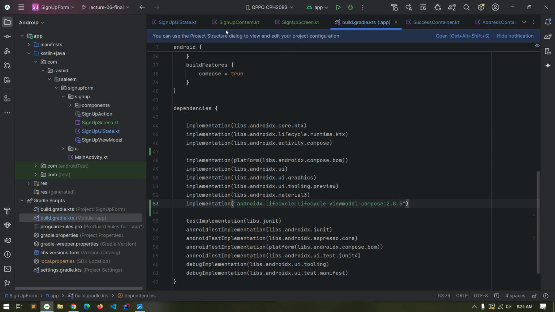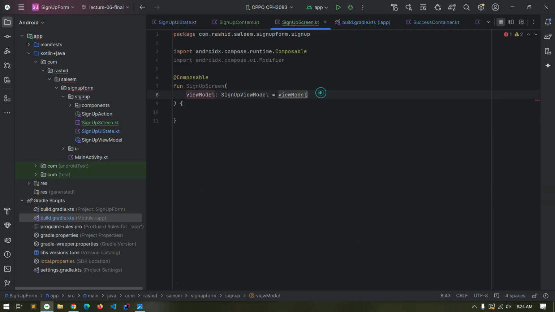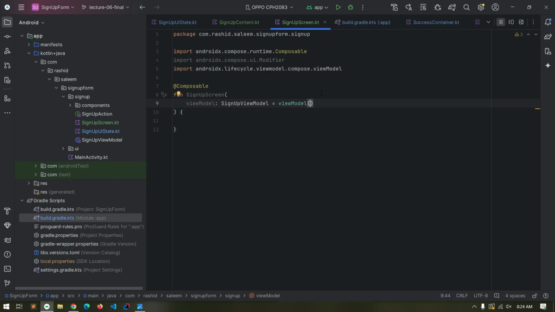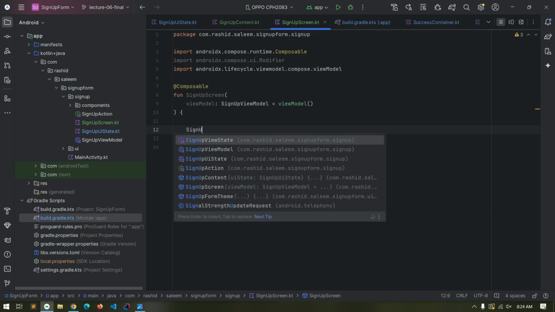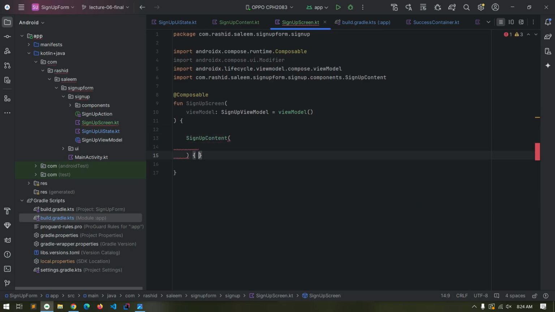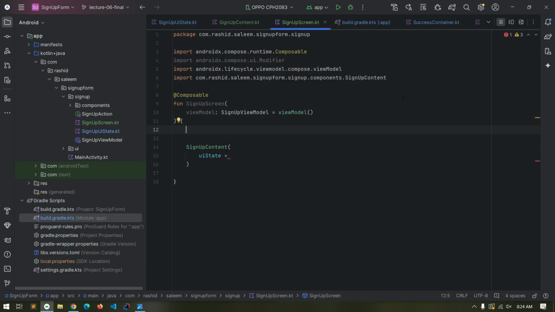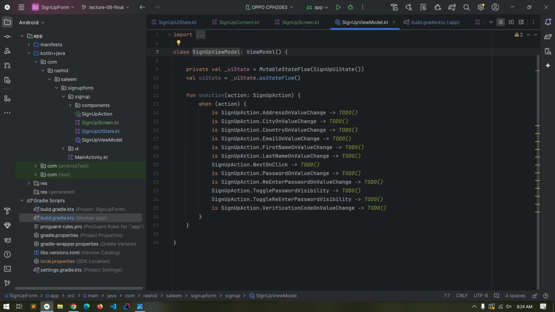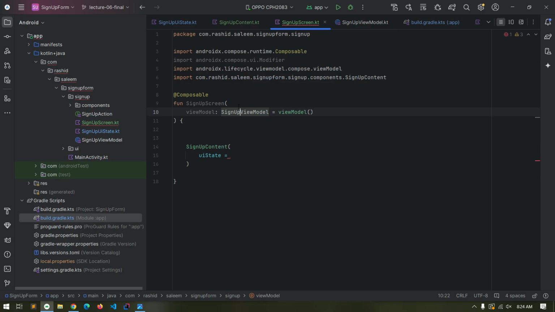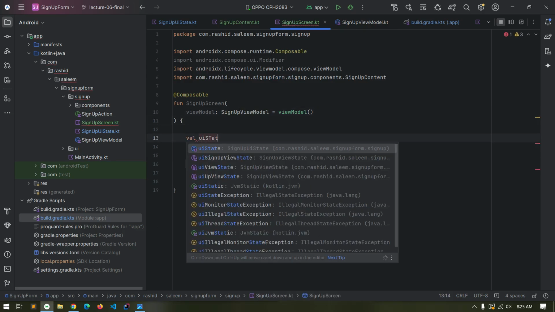Okay, so after syncing the project, we come back to our SignUpScreen and press Alt Enter here. Actually, press Control Space, and we have the ViewModel method here. So in this we will use the SignUpContent, and in that we need to provide the UI state. So to get the UI state from the SignUpViewModel, here we have a state flow. So we will collect the value here using UI state